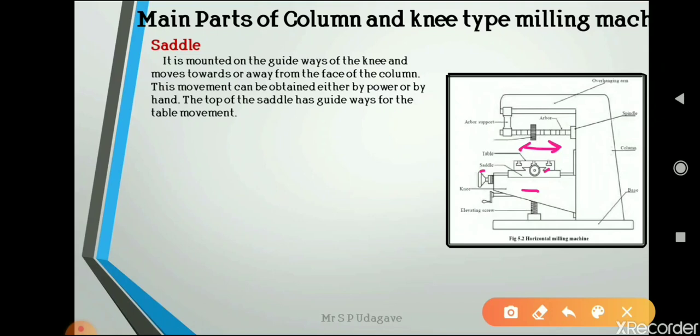This movement can be obtained either by power or by hand. The top of the saddle has guideways on which we mount the table. The table is mounted on the guideways of the saddle and gives the longitudinal movement.